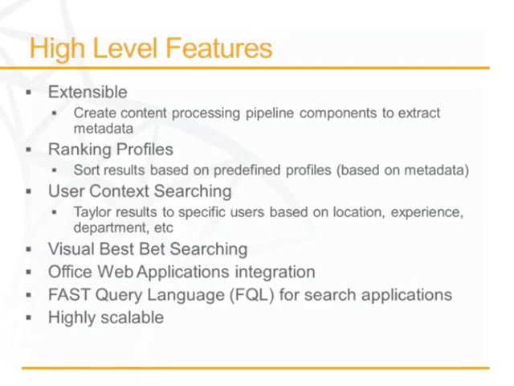The second one is what's called a ranking profile. And I don't know why they use such an advanced word for sorting, but that's all ranking profiles do, is actually sort the data on a page for results. And so you have the ability to create these ranking profiles that would go and grab properties about a file that you've indexed, or a piece of content that you've indexed. So if you wanted Word docs to be at the top of your results, you could do that. If you wanted PDFs to be at the top, you could do that. So you can actually set it up to have multiple ranking profiles and select it in the drop-down when you